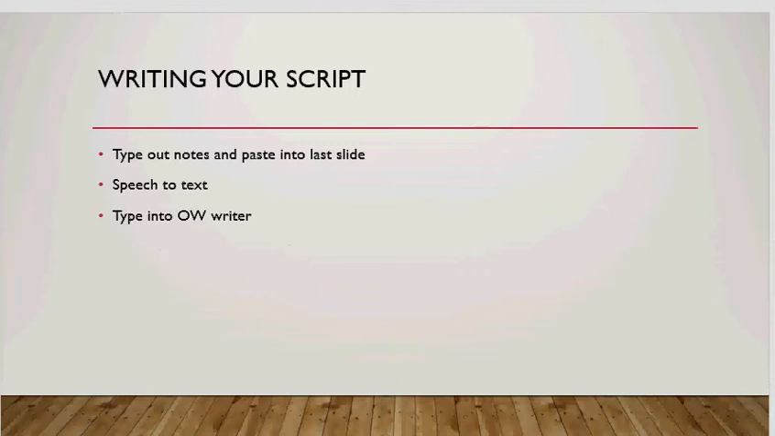Once your slideshow is complete, you need to write your script. Now, there are a couple ways you can do this. You can type out notes and paste it into a final script slide and just be like, slide 1, this is what I would say, slide 2, and that sort of thing. Another great option is speech-to-text software. If you're familiar with it, it is built into, I believe, every Microsoft operating system. So you could record yourself speaking, and it would transcribe it into written word for you. And you could send that so that way you wouldn't have to type anything out. You could also type your speech into Odysseyware Writer